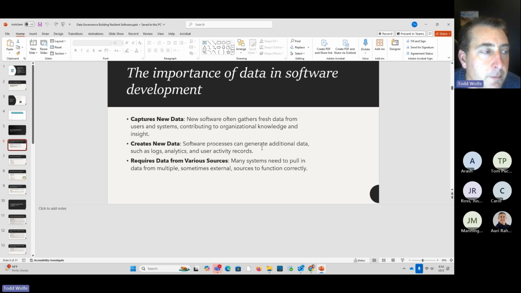When we create new data, even if you're building a game or some other application where you're not even collecting information from users, there is likely the case that in creating the new data, the software itself is going to collect logs or produce analytics or user activity records. So you may not actually have users inputting things, but you're still going to have data being curated or created by the application from a logging analytic perspective and user activity and user accounts even.